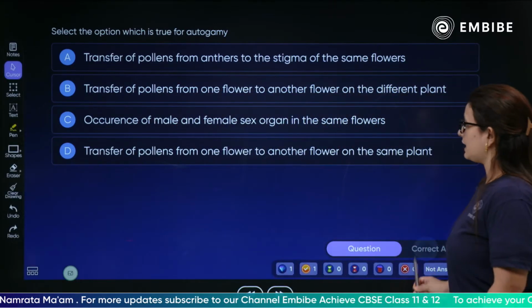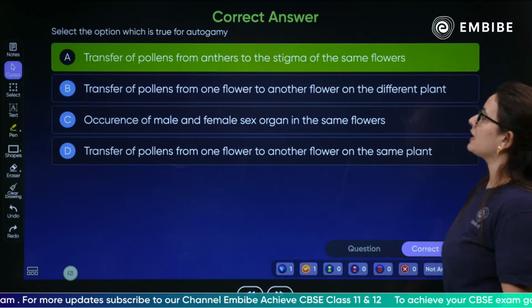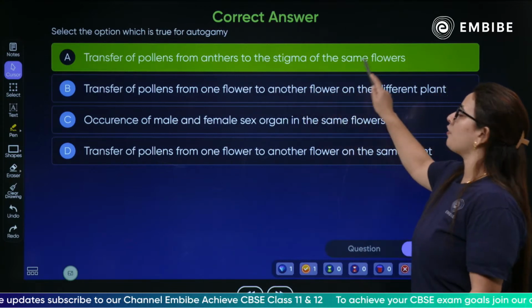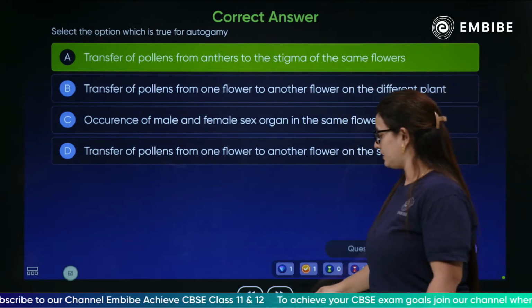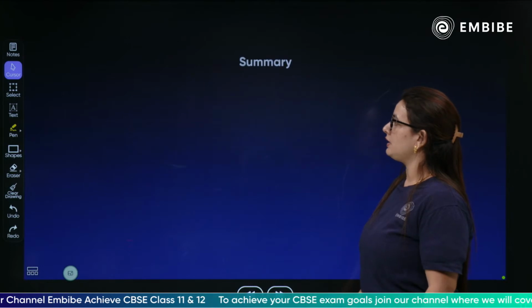Simple, absolutely. The transfer of pollen grain from anther to the stigma of the same flower. Yes, this is what you called